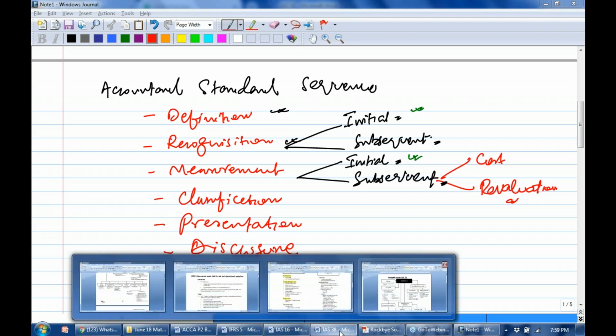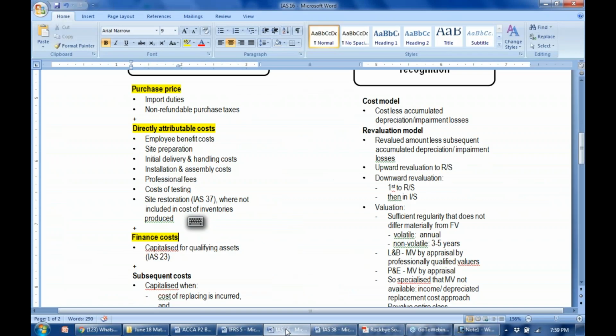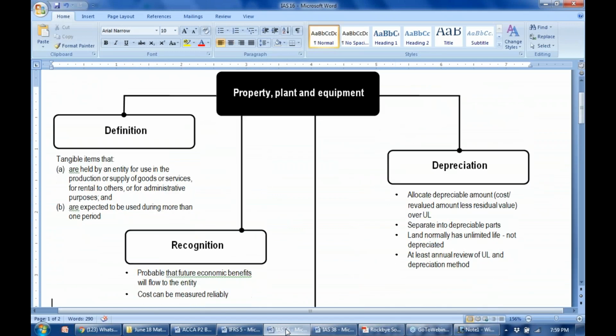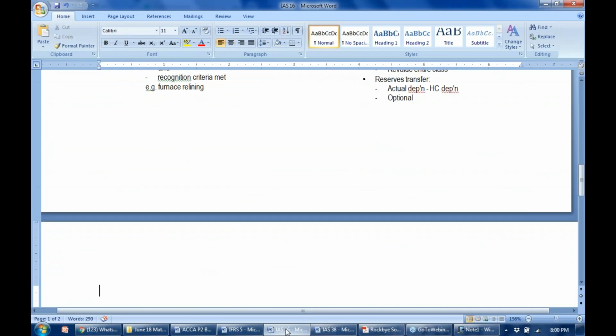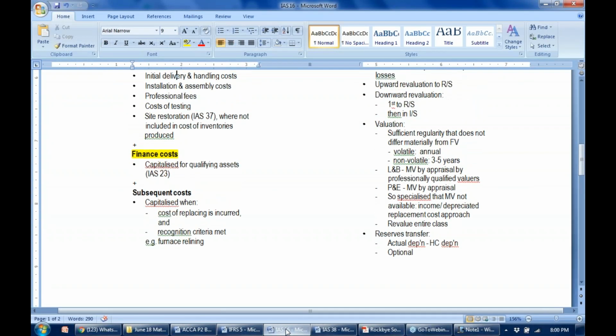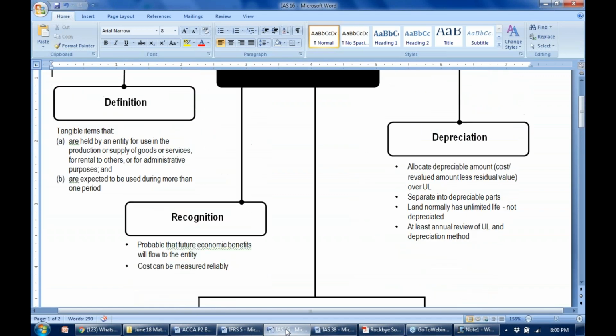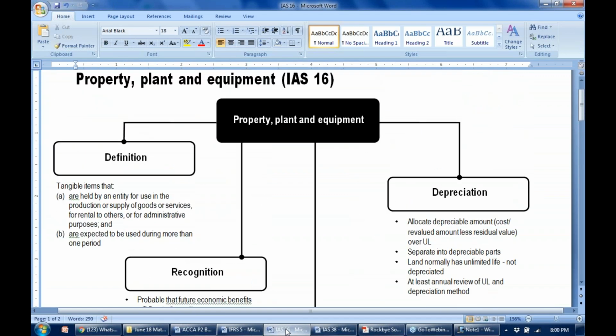Now, this is done. This document I have already shared with you. If you don't have it, do let me know. I think I shared it before the class. Do review this document, and this is the property, plant and equipment aspect. Now the